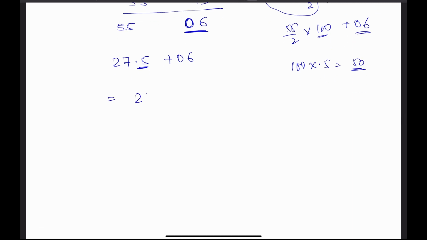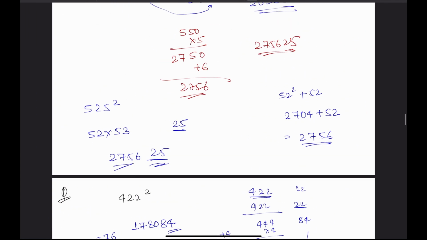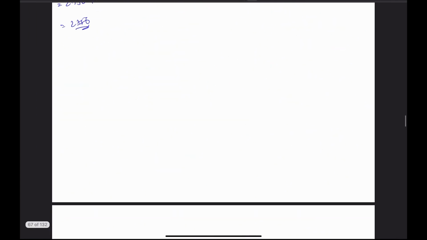If we just write it as 27.5 into 100 plus 06, it will be coming 2750 plus 06, it is 2756. Okay, 2756, same answer. So likewise we can solve with all the multiples of 50s and